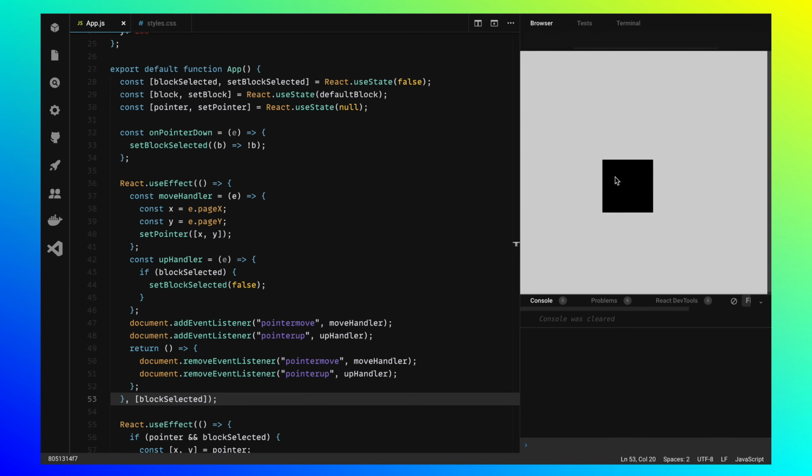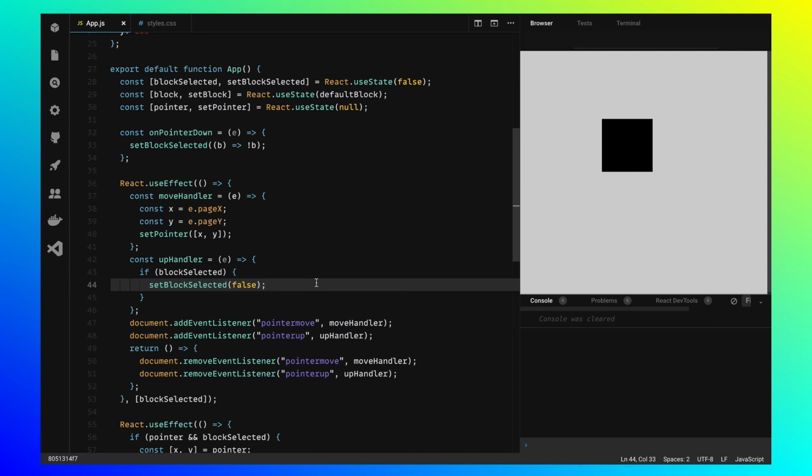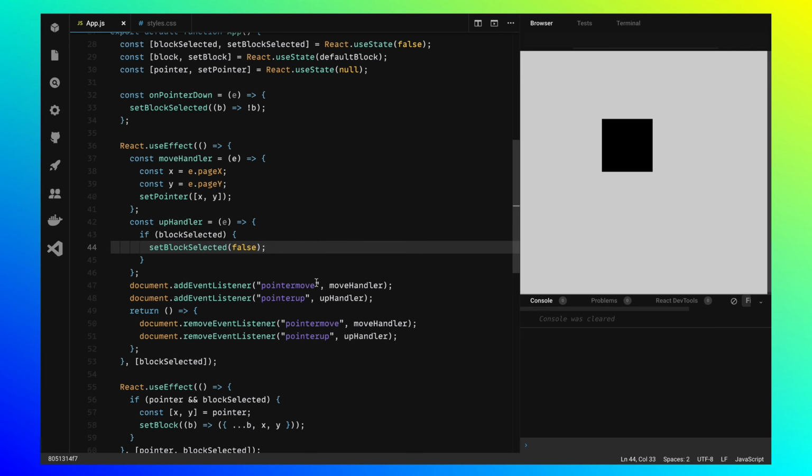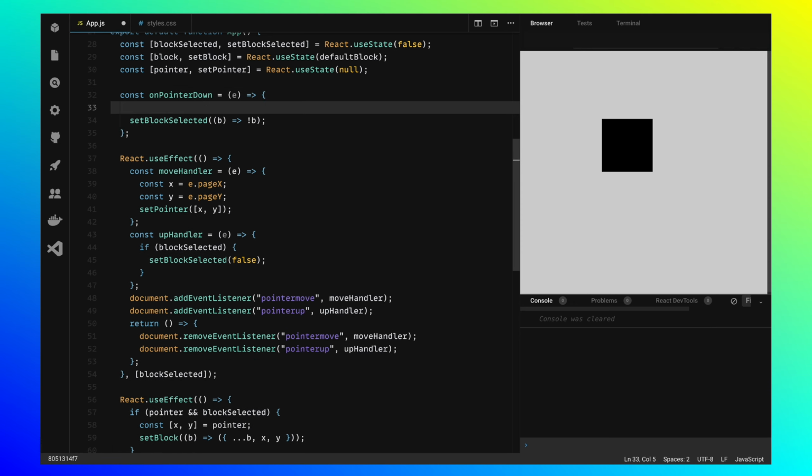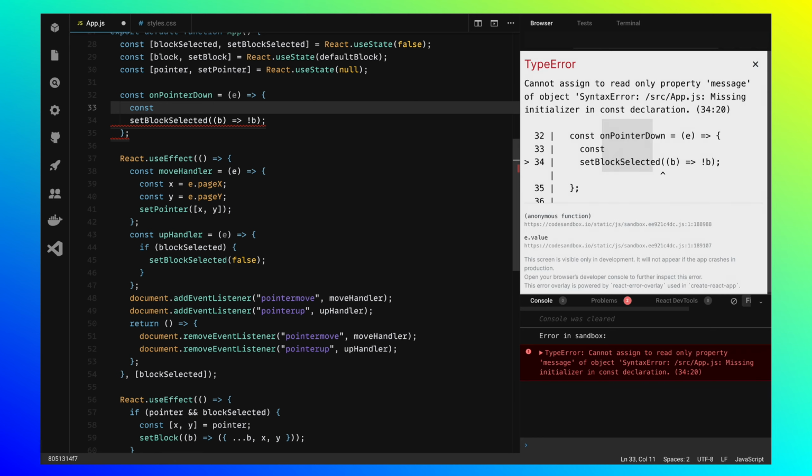The next part: you can see when I grab a block, it shifts. Basically, the block shifts such that its top left corner is always under the cursor. That's not what we want, right? We want to keep the block at its current position and stick it to the cursor. That means we have to take into account the offset position of the block in relation to the mouse cursor. So that's what we're going to do now. We're going to calculate the offset, and we'll apply it onto the mouse position when the block is being moved.